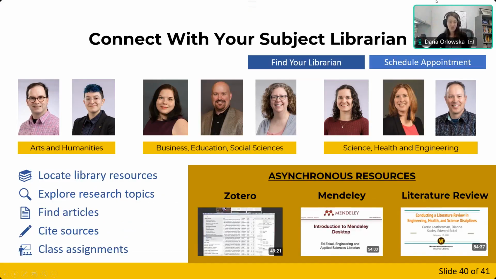We talked about this really briefly. If you are interested in getting more support for finding literature on gaps, so to get started with your research, or maybe coding your articles that have multiple columns that aren't compatible with Taguette, but would work well with something like Zotero or Mendeley, reach out to your liaisons. Here they all are. Please talk to them. They would love to hear about your project. They'll help you find your literature, help you figure out writing, help you figure out class assignments, help you with your literature searches.